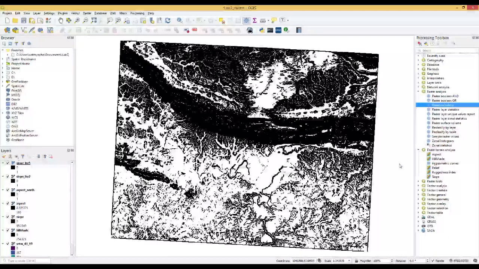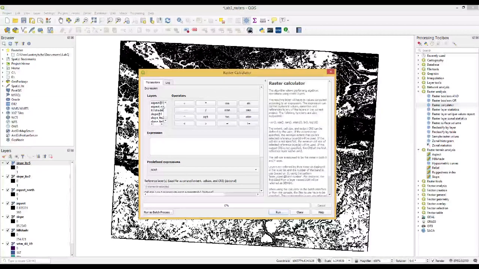Okay, so now I will combine all the processed raster analysis results with this Raster calculator again. In this case, firstly I will select this aspect north first, and then equal 1 AND slope less than or equal to 5 degrees would be 1. Okay, this is just the true case, and then make